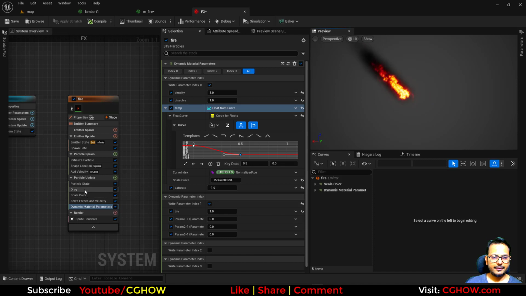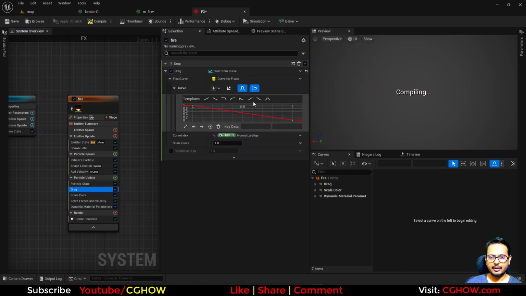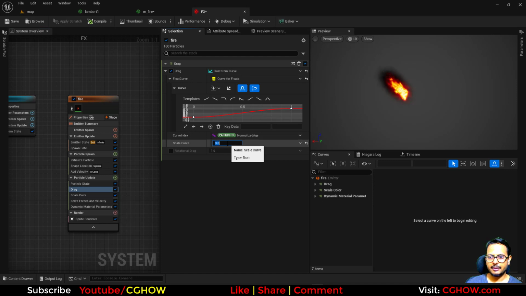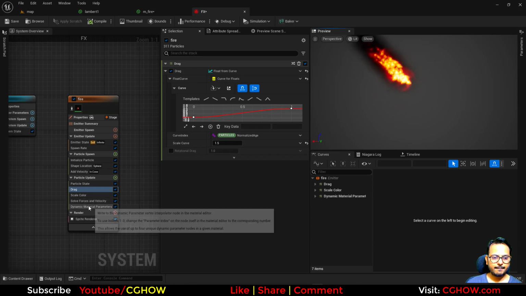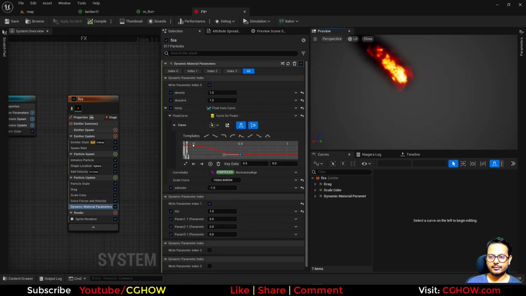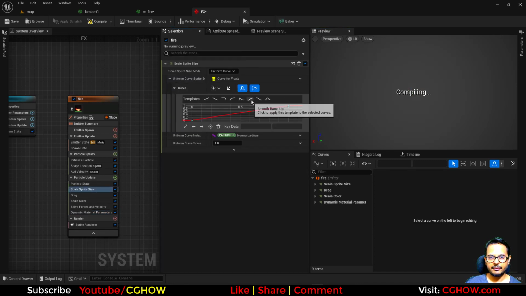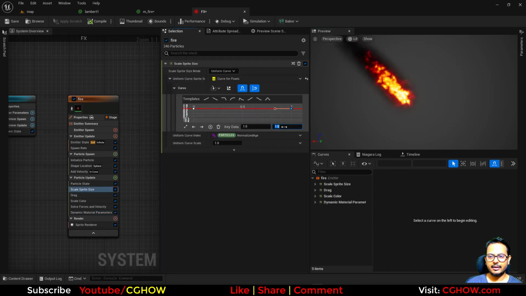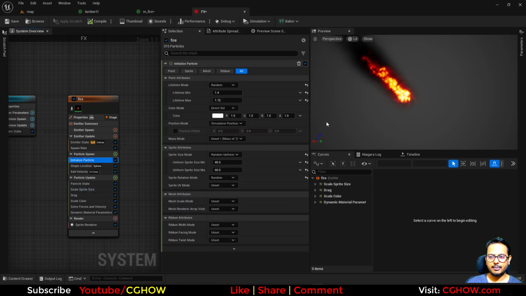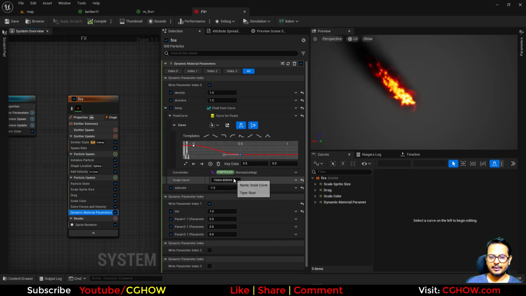Then I want my drag to animate. So it will be increased after some time, maybe 2 or maybe 1.5. Cool. Then in dissolve, and one more thing, I will take the size of sprite to scale over life. Initially it will be 1, then at the end it should be maybe 2. And the color should not be absolute black, or let it be. So in the dynamic parameter,